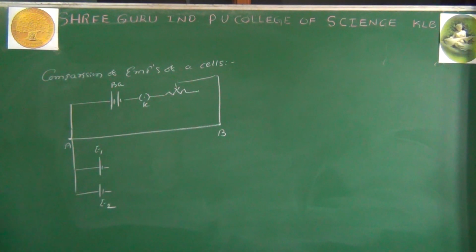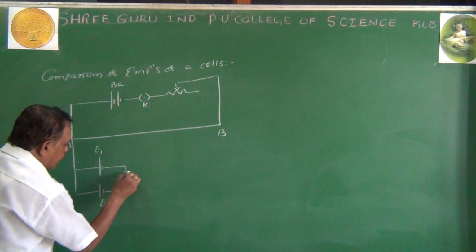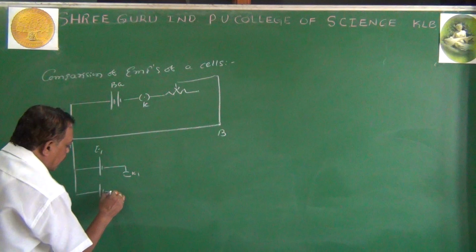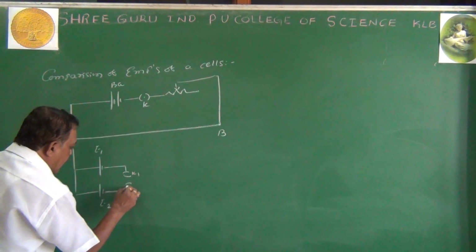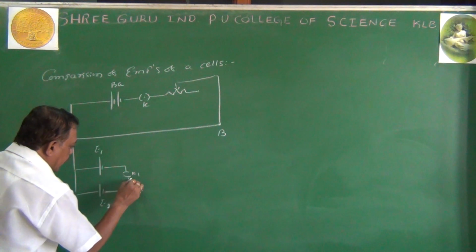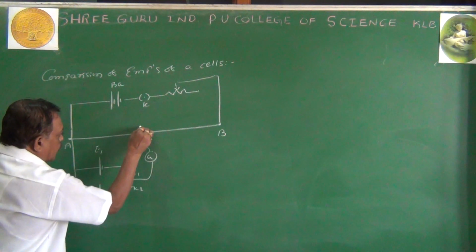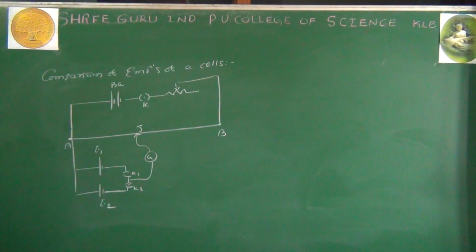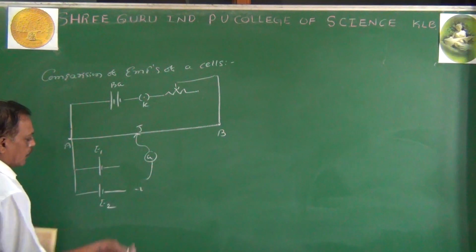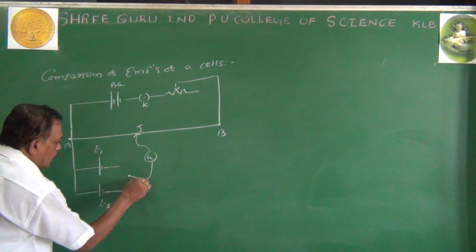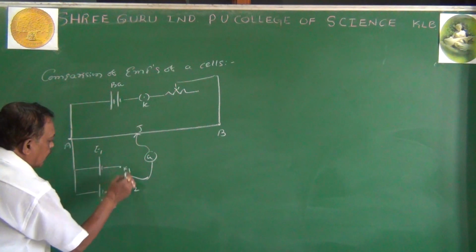Then I go for the keys. This is one key, K1. This is another key, K2. Now this is a common end, which goes to the galvanometer, and the other end goes to the jockey. Now this is one method. Otherwise, if you want to avoid the confusion, you make it simply K1 and K2. This is a common point for the keys, this is K1 and this is K2, if you don't want to mention the key structure.